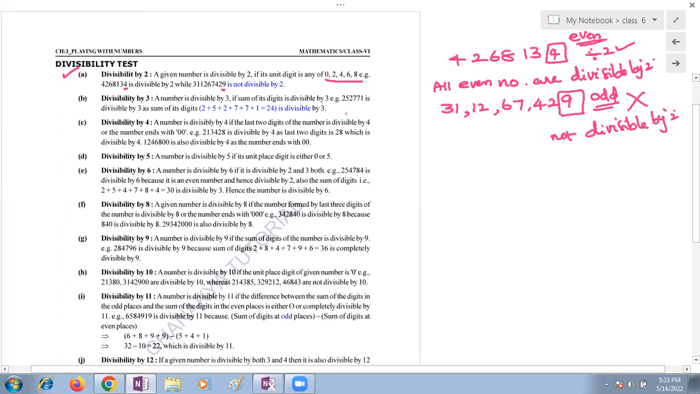Now coming to the divisibility rule of 3. Vedant, please read the divisibility rule of 3. Divisibility by 3: a number is divisible by 3 if the sum of its digits is divisible by 3. Example,